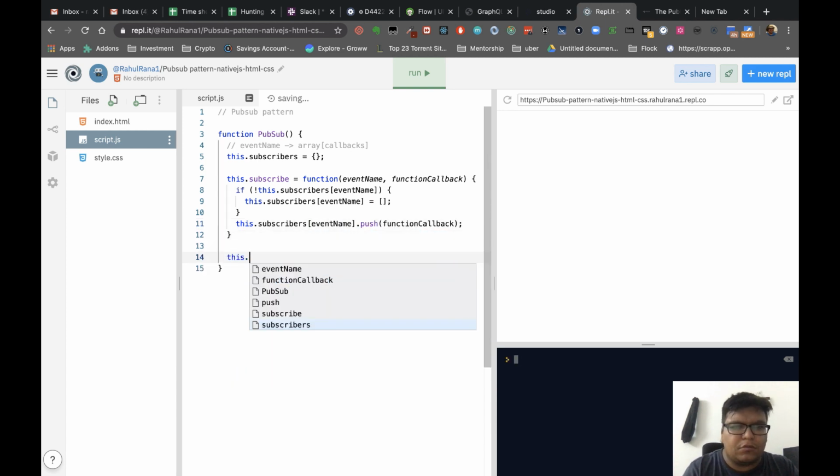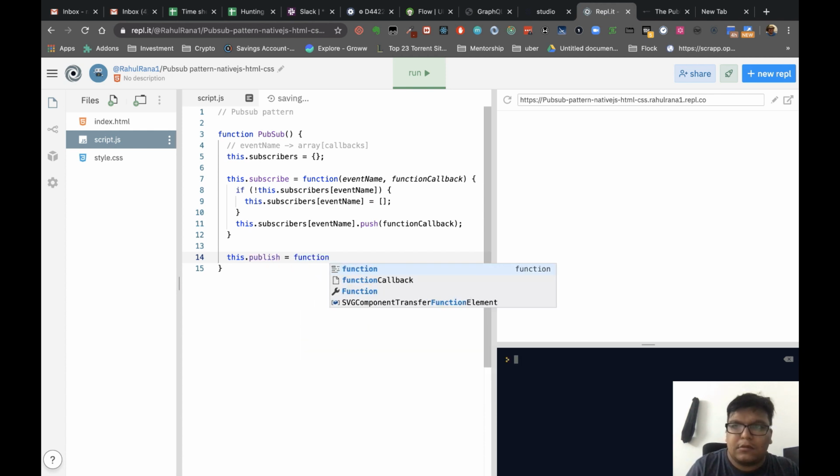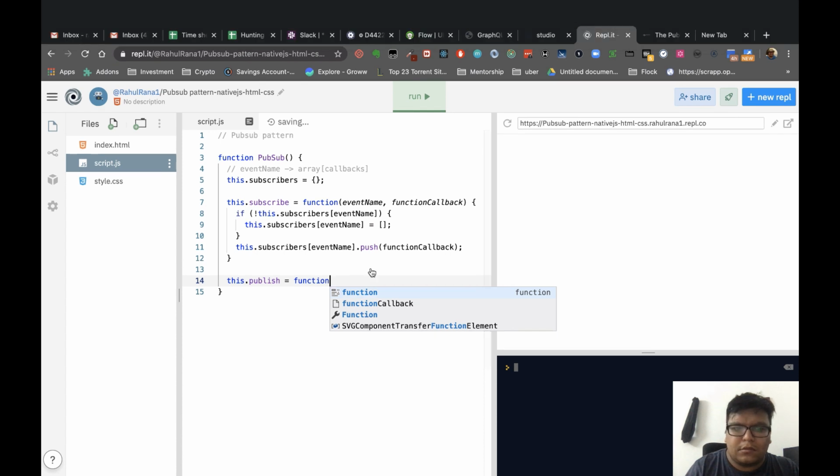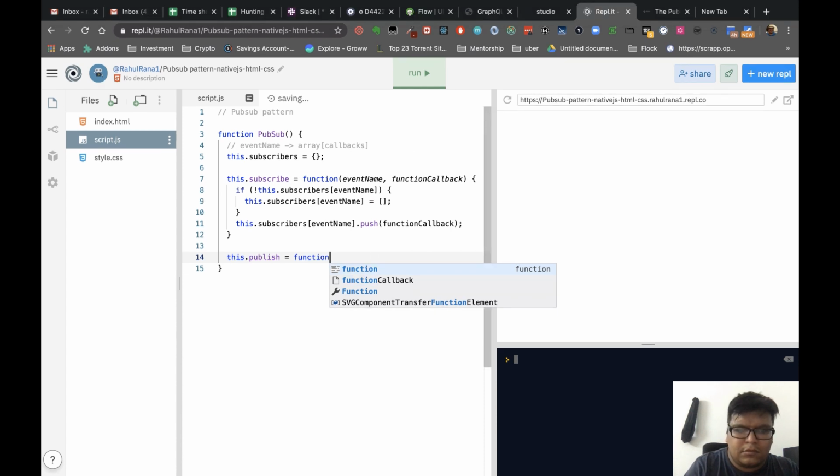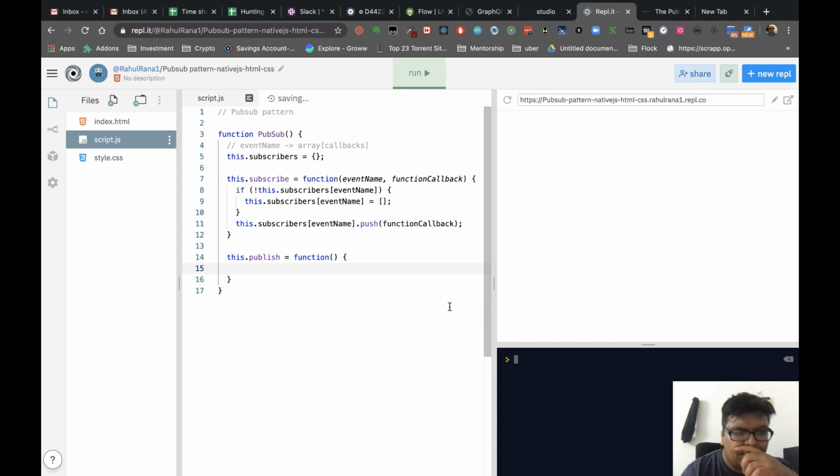Now if we go to this.publish, we're going towards the publish method. The publish method takes the event name and the data they want to publish.